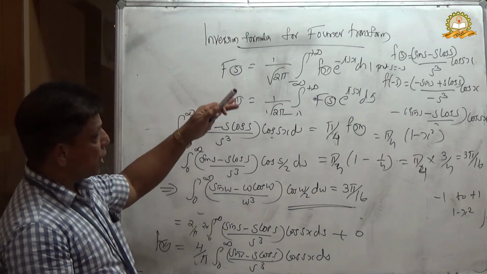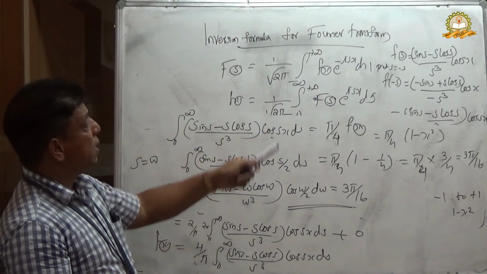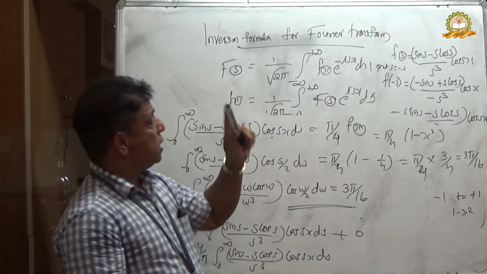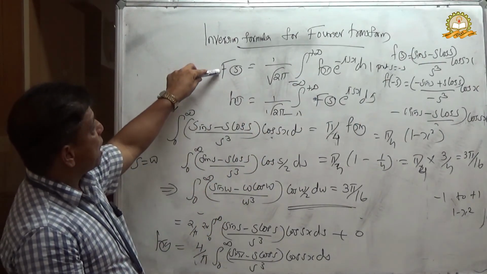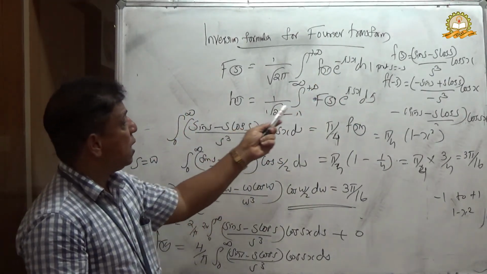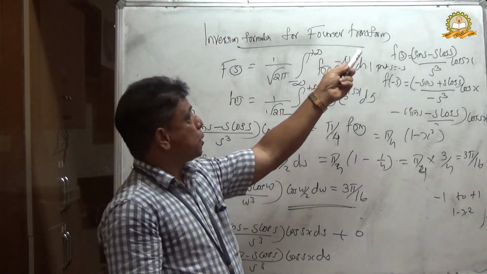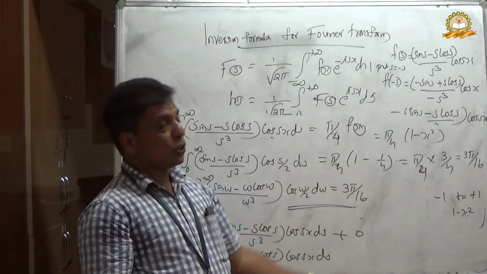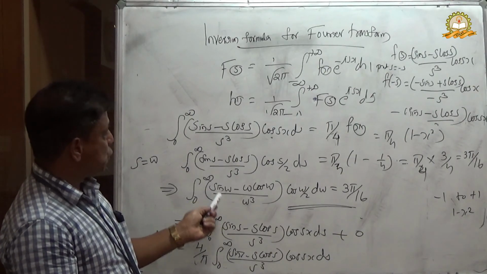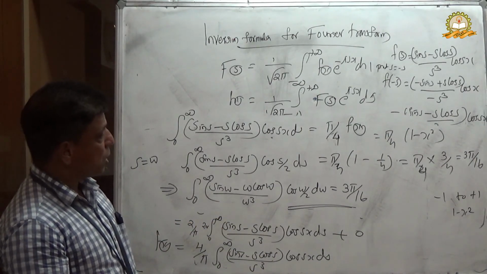First we find out the Fourier transform. Using the Fourier transform, use f of x equal to 1 by root 2 pi times the integral from minus infinity to plus infinity of f of s e raised to isx ds. You clearly note the point. In the Fourier transform case, we apply e raised to minus isx, but in the case of the inversion formula, e raised to plus isx. And in the case of the Fourier transform, we integrate with respect to x, and in the case of inversion, with respect to s. That is the procedure to find the value of 0 to infinity of (sin omega minus omega cos omega) by omega cube into cos omega by 2 d omega is equal to 3 pi by 16.